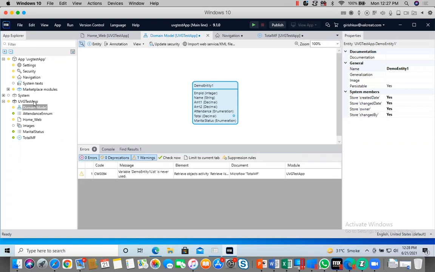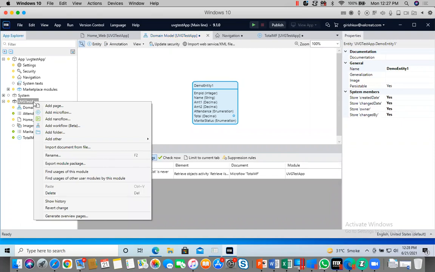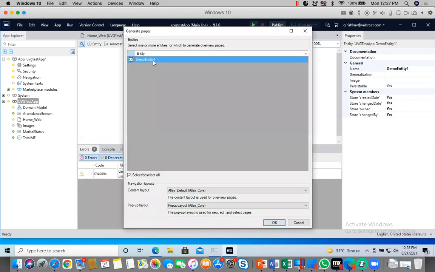Now here I have to create pages for this. For that, after entities are created, you don't do any page separately. You say generate overview pages. Whatever entities are there, it will ask, and you say yes.